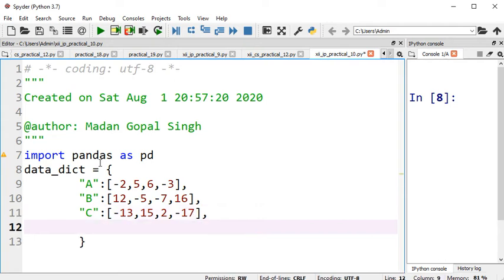This way you can create any data frame of your choice, but this method will work only if